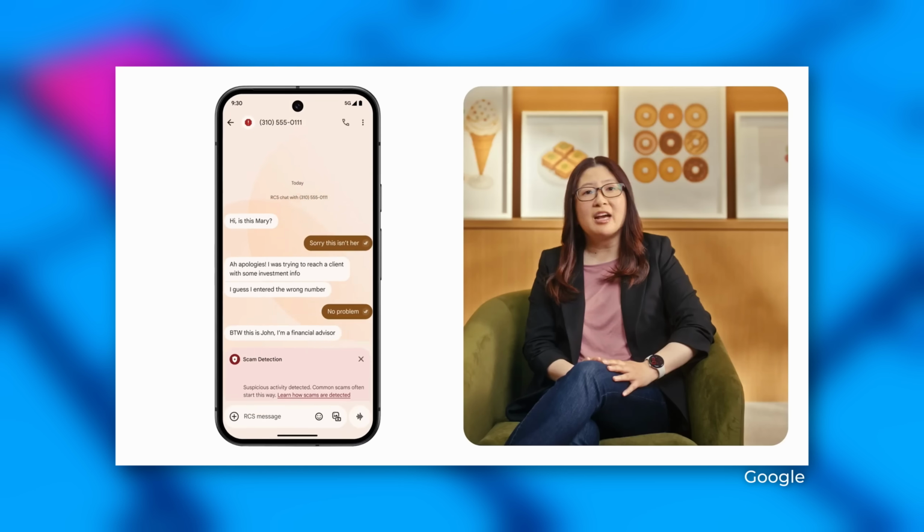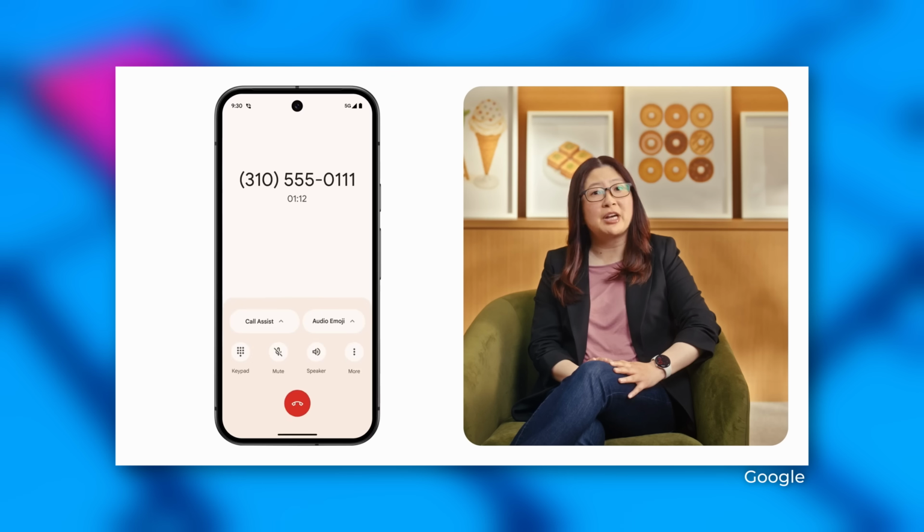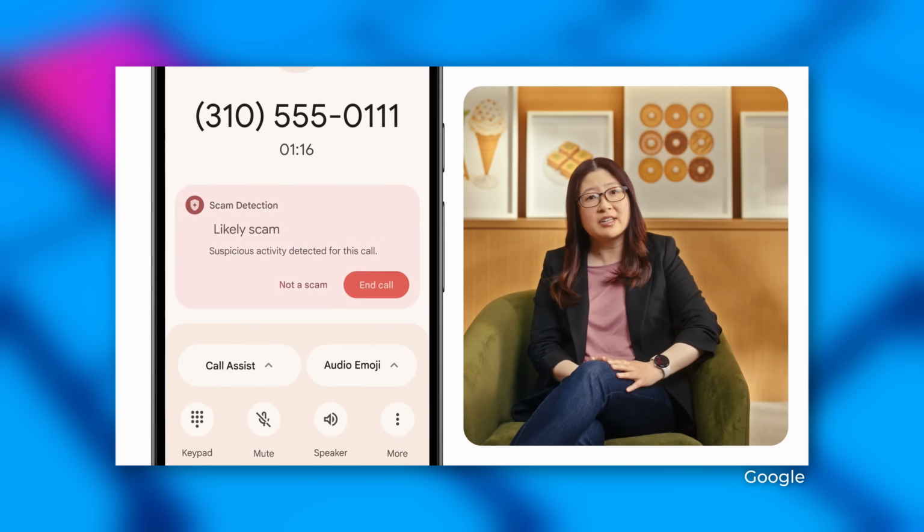Another cool feature is scam and fraud detection. You may have noticed it working for SMS and text before, where you get a bubble that says a possible scam or fraud whenever you get a malicious message. Well, now it's going to work for actual voice calls on all Android 16 phones. It will use on-device Gemini AI to detect if someone's trying to scam you via a voice call. Now, I am not a huge AI lover over here, but as someone who's had an elderly relative fall for one of these, I can say that is actually a great feature